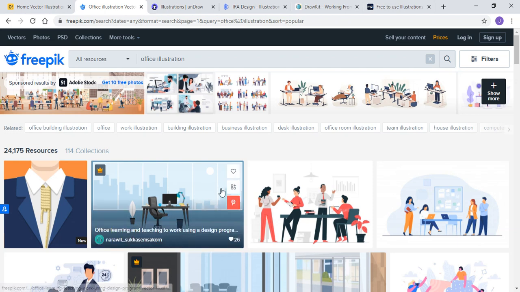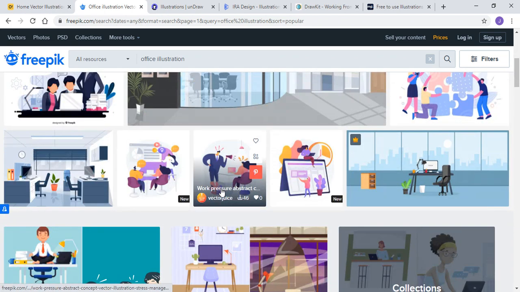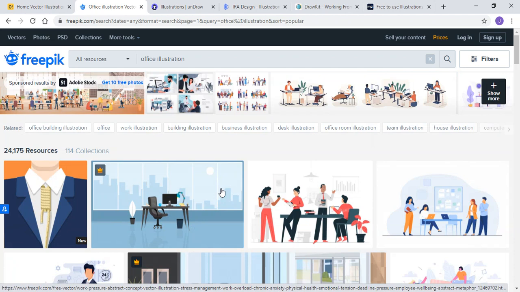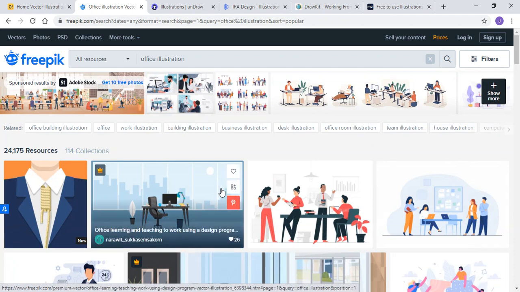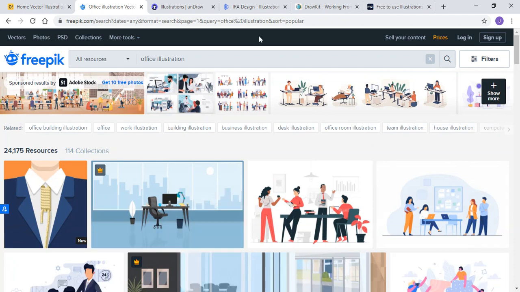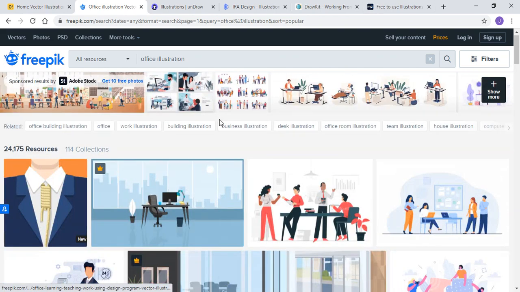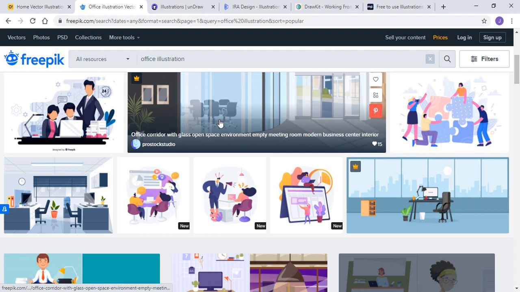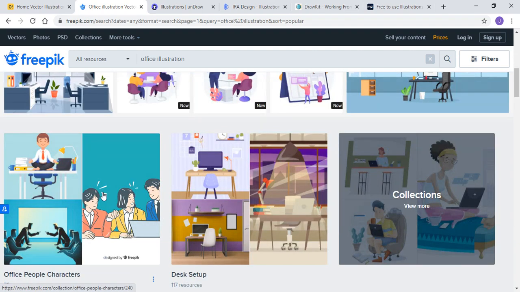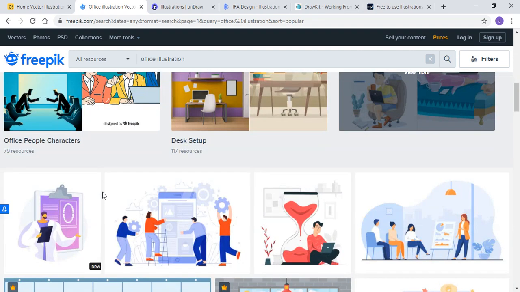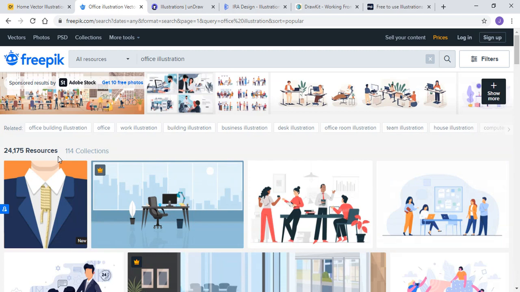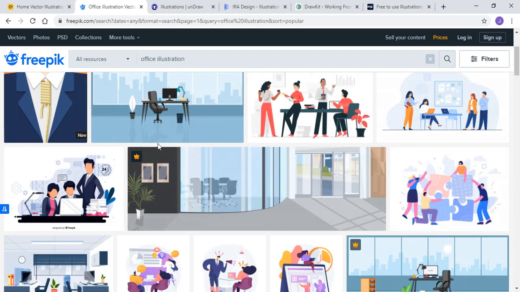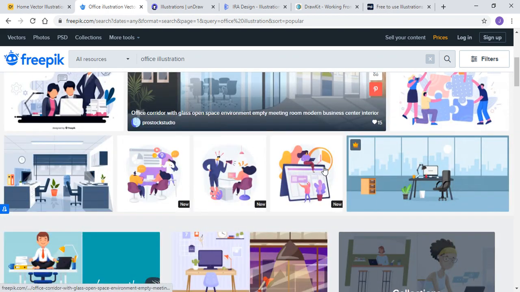So let's begin. In my list the first website is Freepik. Yes, Freepik, you can find the best illustrations for your work. Here you can see that we have searched for office illustration and it gives a result for this, and we can also search for its categories.